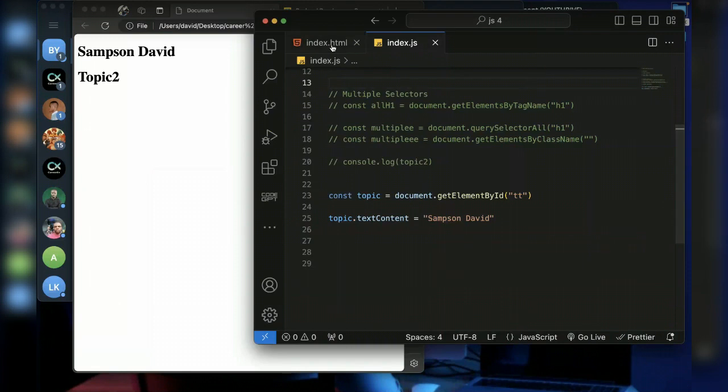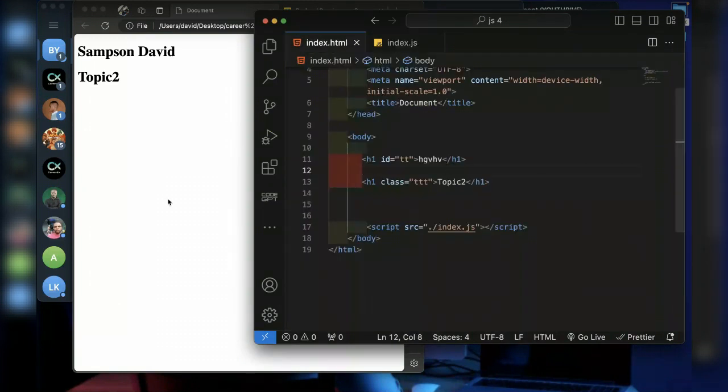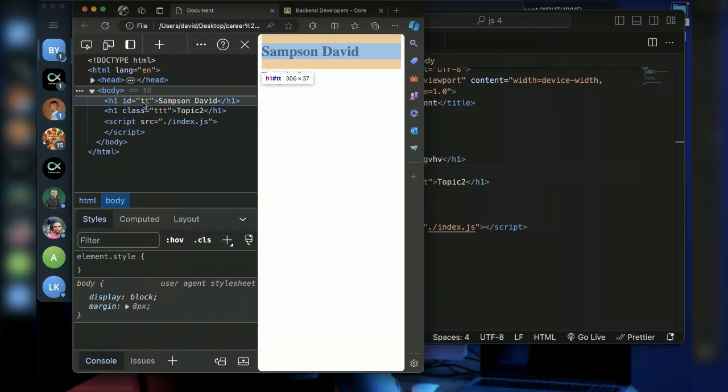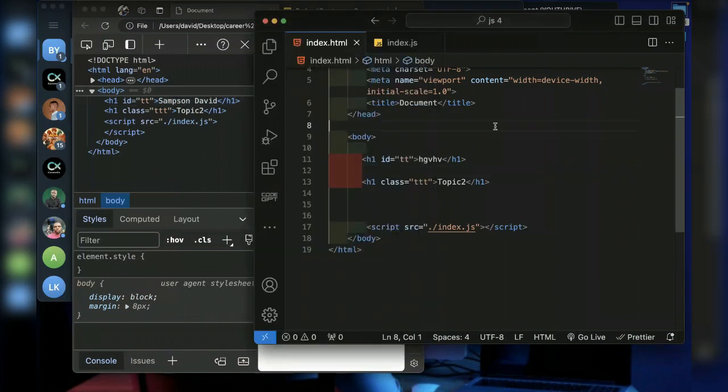In our HTML, it's not changing, but in the browser, it's actually changing. How you know it's changing is if you open your inspect section and go to the body tag. Now this is the body tag. If I open it up, you see that this H1 here, the name inside has changed. It's no longer what is currently inside this HTML. Now all of these are HTML tags, but the content for this H1 is actually coming from JavaScript. That is the first manipulation.